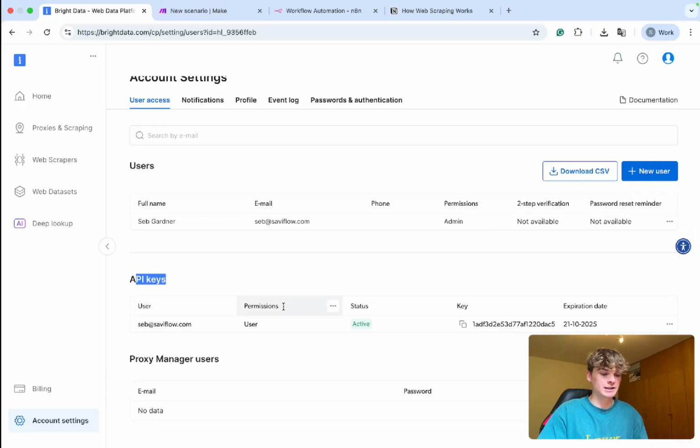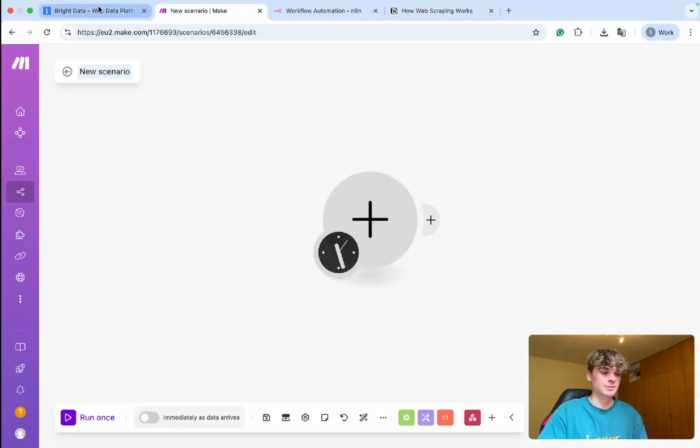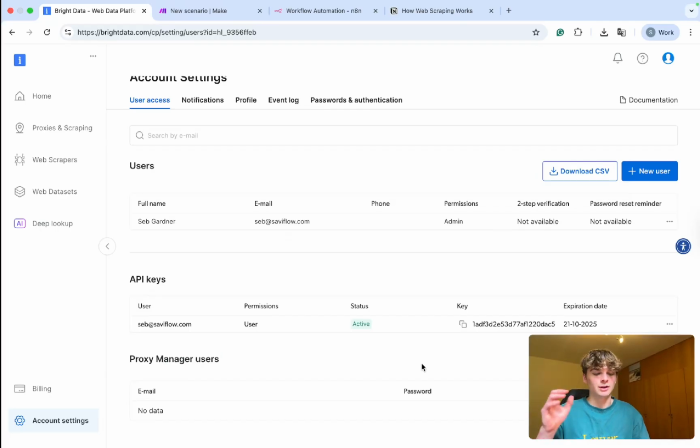Under API keys, this is where you can get access to your API keys. Proxy manager users, I believe I've talked about a little bit within this Notion page. This basically allows you to add users that don't have access to the entire account, so they don't have admin access, but you can give them access to specific proxy ports. I also discussed what proxy ports are. Just think of it as a specific proxy. So for example, you could give Bob